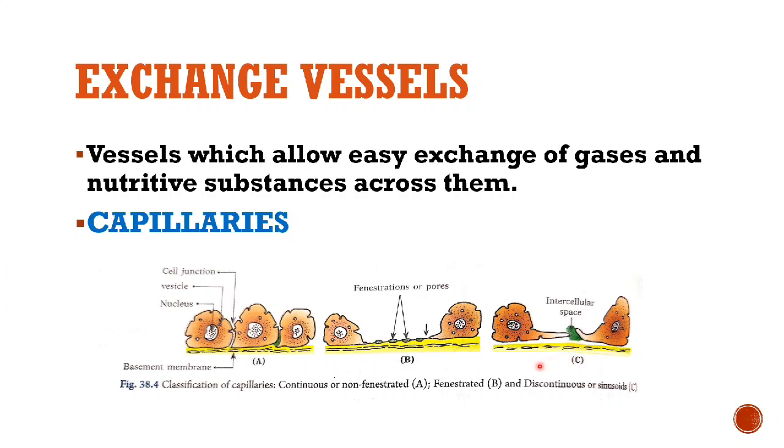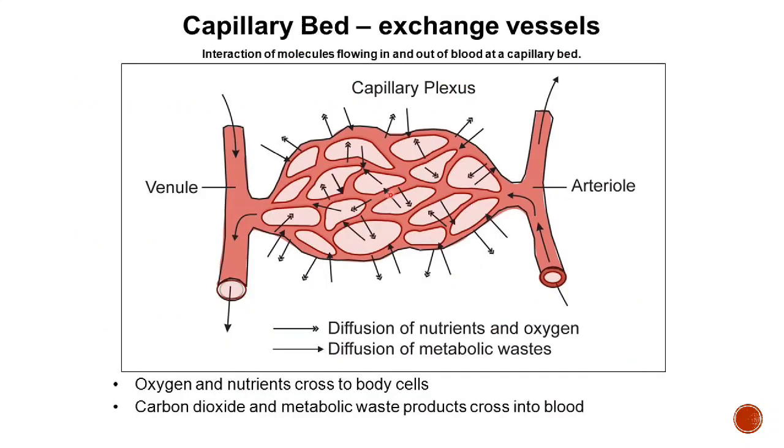of capillaries. So the capillaries are the major site of exchange, and if you take the cross-sectional area of the total capillary bed in the body, it will account to 4,000 times that of the aorta cross-sectional area. So in this picture you can see the interaction of molecules flowing in and out of blood at a capillary bed. So oxygen and nutrients cross to the body cells and carbon dioxide and metabolic waste products cross into the